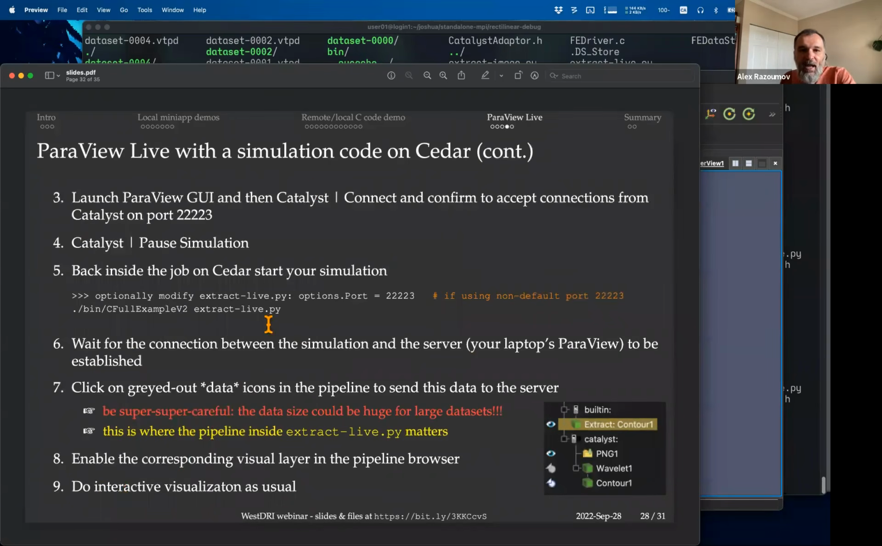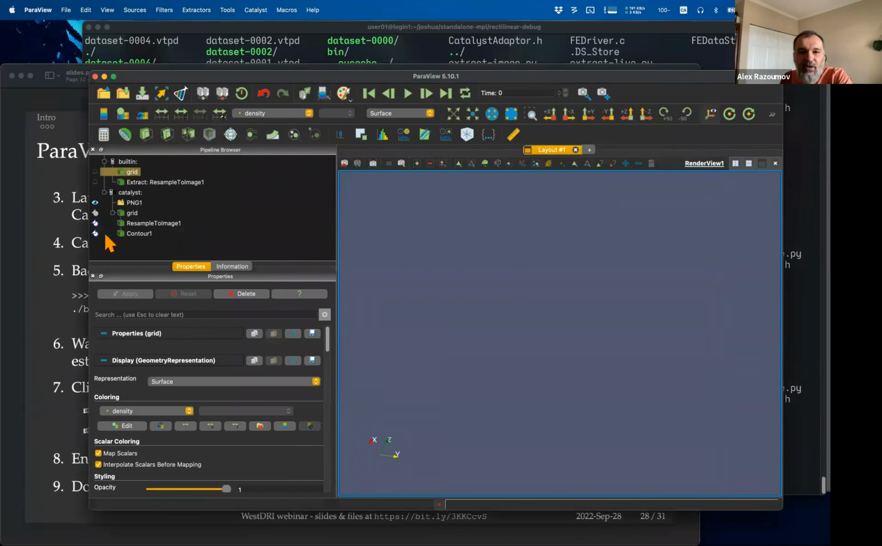you can do this locally if your local port is busy. And then you would launch a local ParaView GUI, go to Catalyst Connect, go to Catalyst Pause Simulation. Right now, it's waiting for incoming simulation data, and it will pause the simulation at the first time step. And then you will start your job, wait for the connection to be established, and then you explore your data interactively inside your ParaView